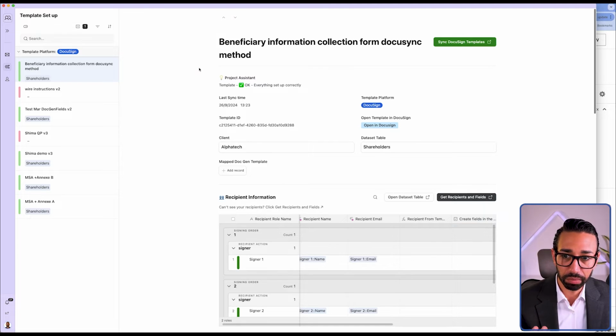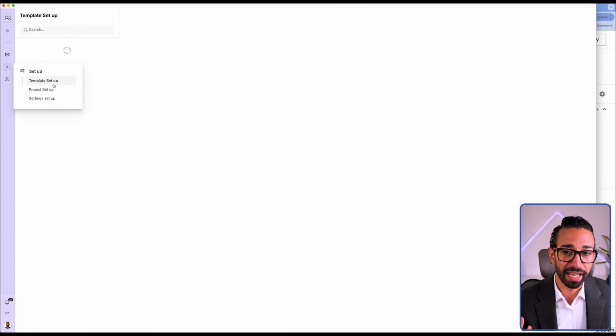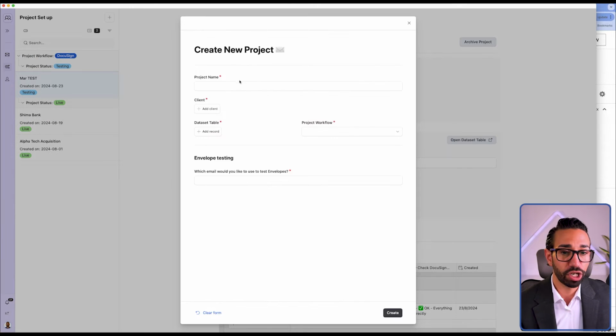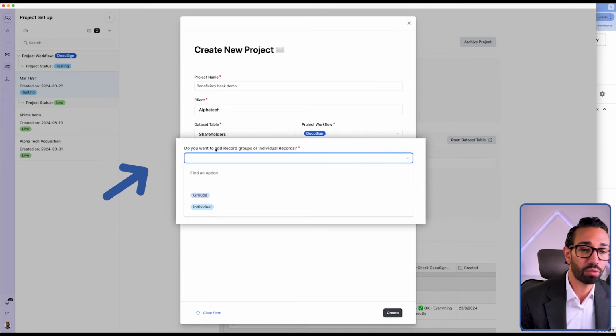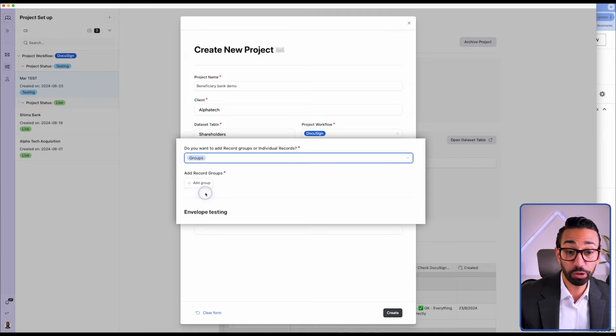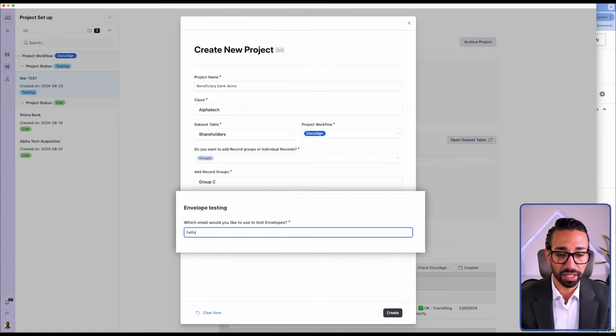Now that I've mapped my template, I can go ahead and create my DocuSign bulk send project. And so this is where I go to project setup. And here I'm going to create a new project. I can call that project beneficiary bank demo. And here I can choose whether I want to send this to one person or a group of people. I'm going to choose group. Now, which email do I want to use for testing? I can just say that I want to use